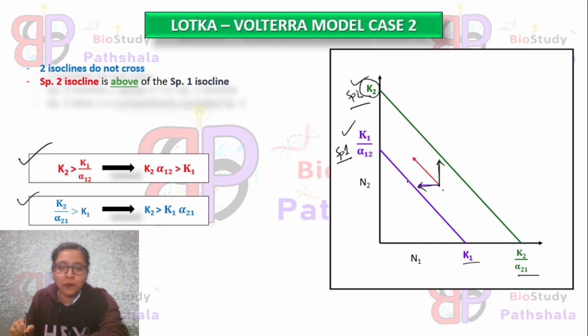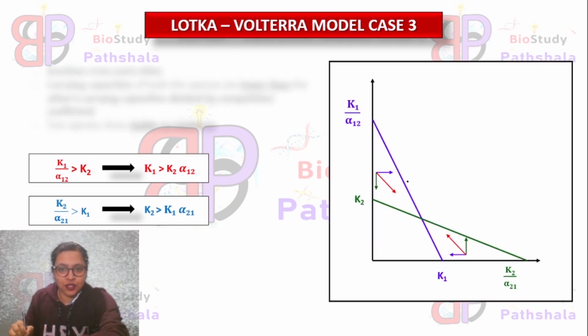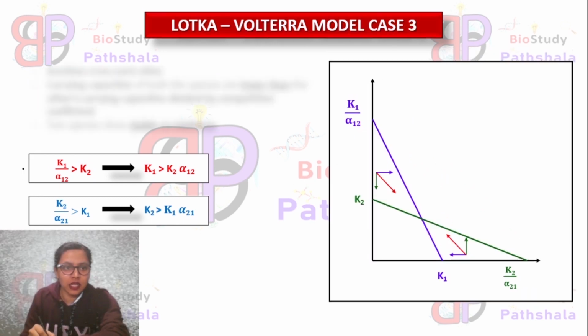That means here species 2 will be the winner and competitively excludes the species 1 population. So in the second case, we can get species 2 as the stronger competitor. Okay. Next one is case 3, and in this case the conditions are K1 divided by alpha 1 2 is